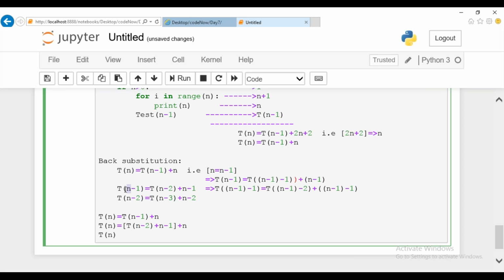This particular expression is already given as T of n minus 1, so in place of n, I'll replace n minus 1. T of n minus 1 will produce T of n minus 2. So I got this one, T of n minus 2. The same way, replace n minus 1 at this place.